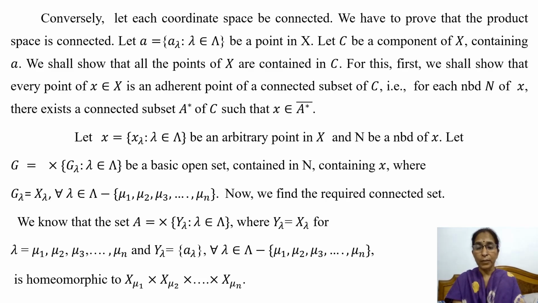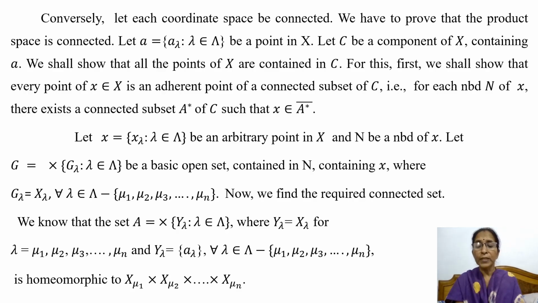So let x = (x_λ), λ belonging to Λ, be an arbitrary point of X, and let N be a neighborhood of x. Let G = the Cartesian product of G_λ, λ belonging to Λ, be a basic open set contained in N containing x. Because we know that for each point and for each neighborhood of that point there exists a basic open set. So here we are taking G as a basic open set, and we know that